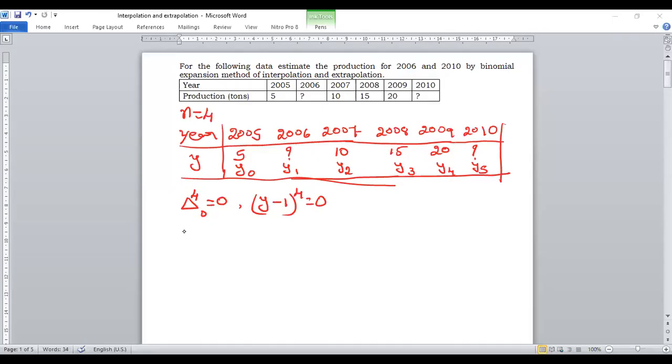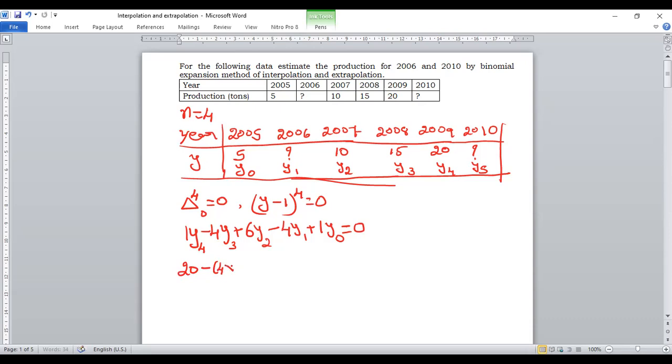So writing the values, that is 1, then the next value is 4, then 6, then 4 and 1. Then the last value y4, n is equal to 4, in the y4, then y3, y2, y1 and y0. So the notation is minus plus minus plus is equal to 0. So this is the equation. Then the known values are substituted in this equation. Y4, here y4 is equal to 20. So 1 into y4 is y4, that is 20,